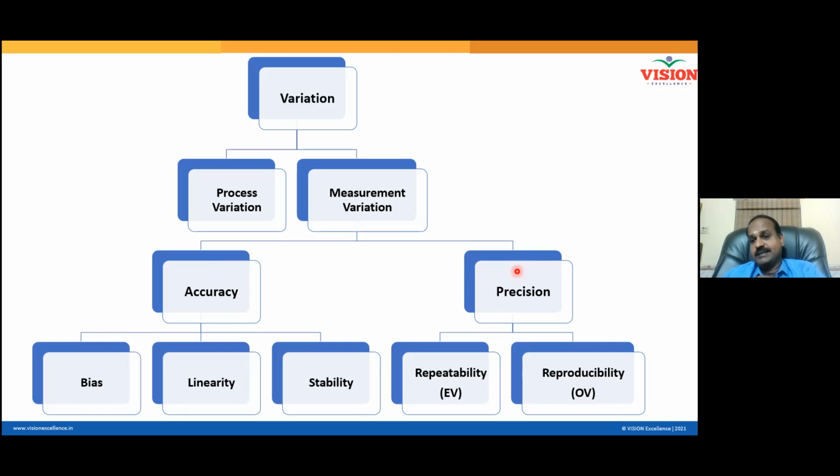Suppose imagine, let me give you another reading. My readings are 3 readings I have taken. 99, 100, 101. I always collect multiple data and take the average for my consideration, isn't it? And now the 3 readings are 99, 100 and 101. Now tell me, am I precise in my reading? Am I consistent? No, sir. No, because I am supposed to give 3 readings exactly same.